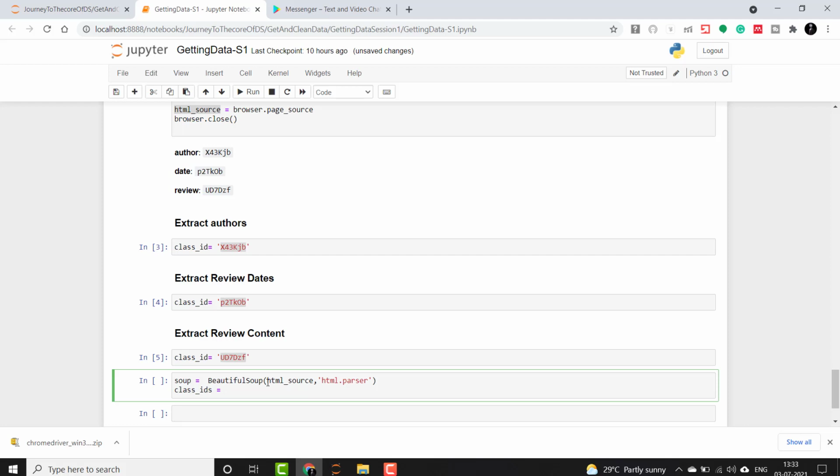So we'll create a dictionary with the element first, which is authors, and then dates, and then reviews as keys, and the value will be their class IDs.